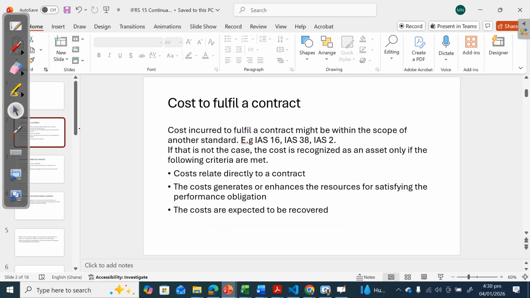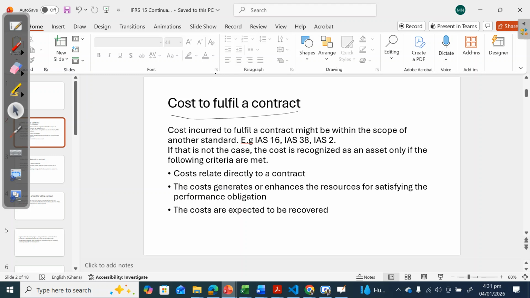All right, but today we are looking at cost to fulfill a contract. There are some contracts where, as the party who is going to execute the contract, there are certain costs you may incur ahead of time. Like there are some costs that you will incur as part of executing the